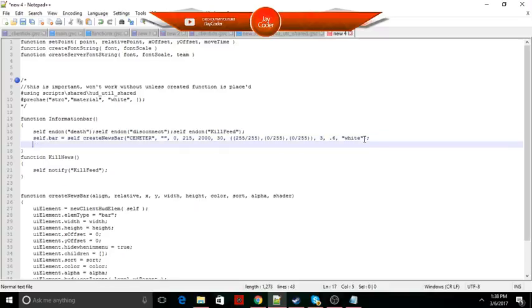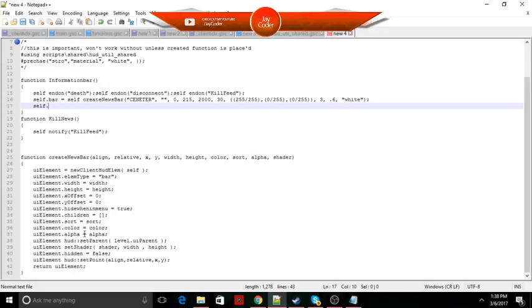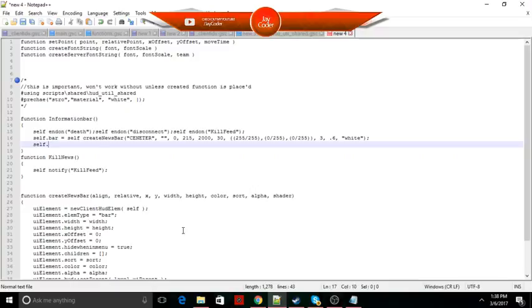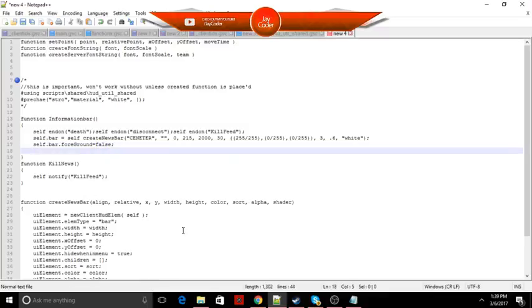Okay, so now we have our bar created, and we want to do self dot. Let's make sure this has foreground. This doesn't have the foreground, so we actually have to create the foreground. So bar dot foreground equals plus self dot. We don't need the alpha because we already described what the alpha is. So we'll just do self dot text